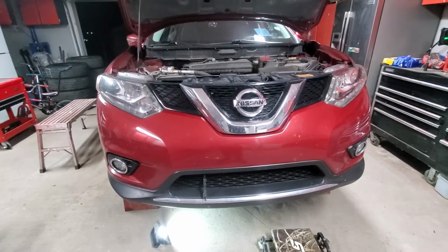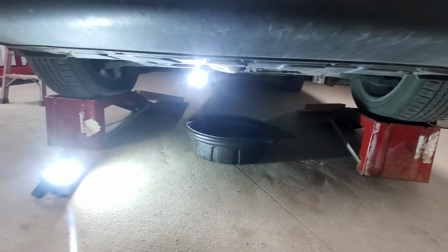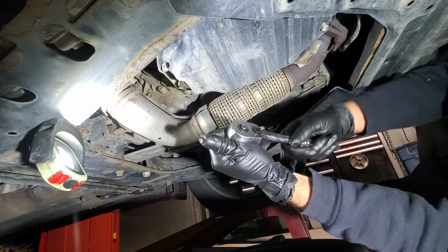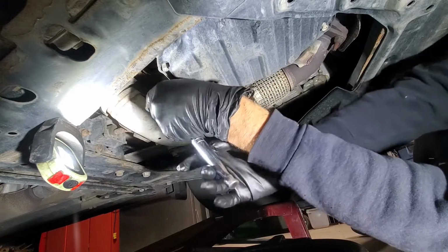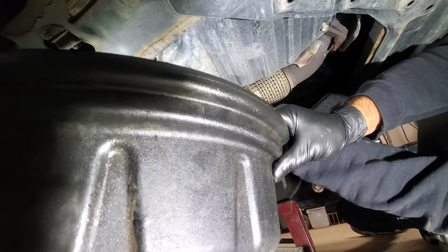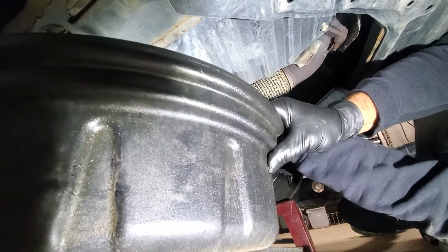So the engine is hot, the car is on ramps. Let's get underneath. So we're under the car. Here's the drain plug. We use a 14 mil ratchet to get it loose. The engine is hot, so you need to make sure that you wear gloves. We'll hold the catch tray closer to the oil pan so we don't spill much. Get this loose